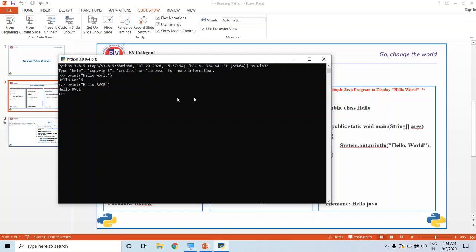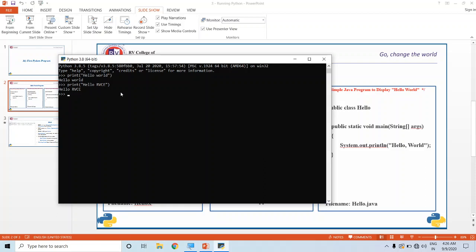Now, this is how we are going to use the Python interpreter, and this is how we are going to use the print statement to print anything. The syntax for the print statement in Python, if you want to print anything of your choice, is to use print all in lower case. After that, you need to open the brace, and within the double quotes you can type whatever you want. Lastly, you need to close the braces. So, this is how we use the Python interpreter for printing hello world.